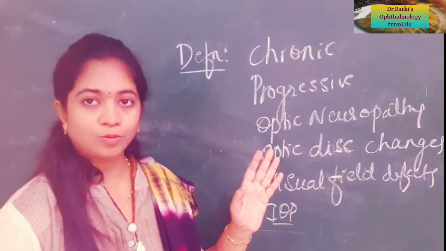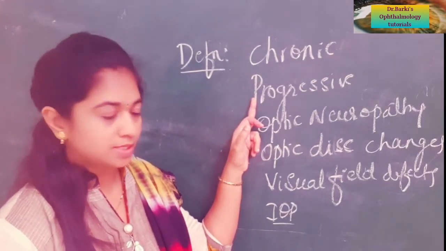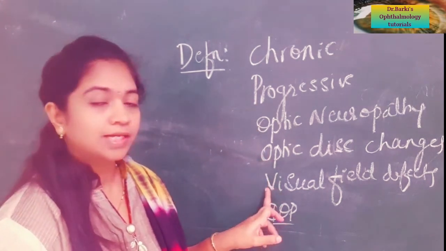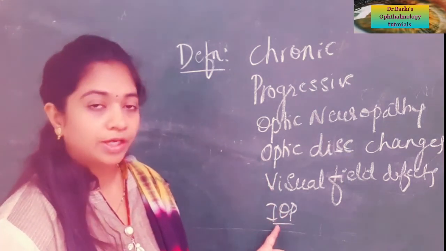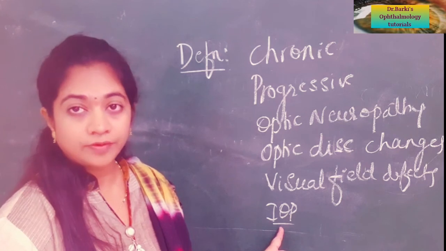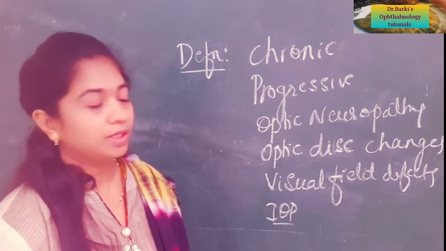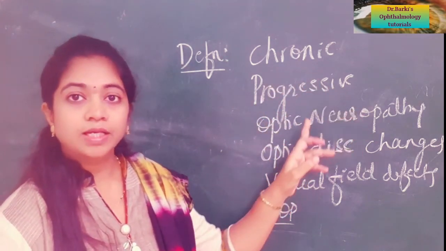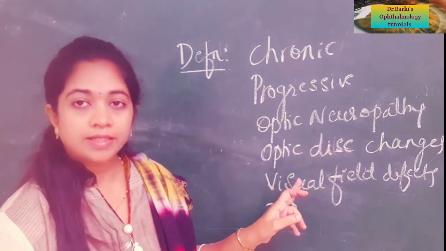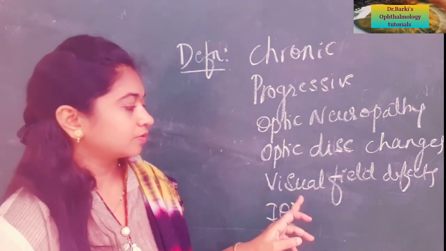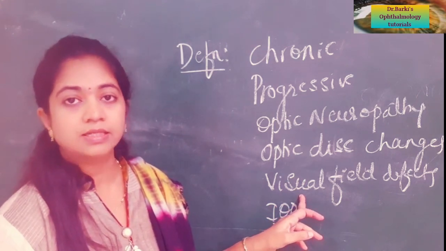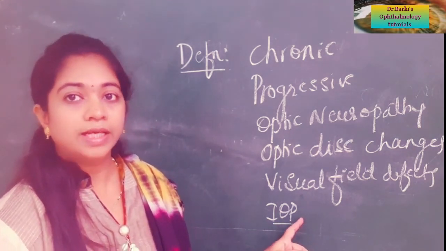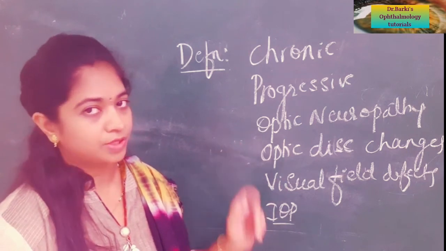The definition of glaucoma is, it is a chronic progressive optic neuropathy with characteristic optic disc changes with the corresponding visual field defects, for which the IOP is the most important but not invariably the cause of glaucoma. So this is the definition of glaucoma. So let me repeat, it is a chronic disease and it is progressing involving the optic nerve. So optic neuropathy, it has the characteristic optic disc changes which I explained with corresponding visual field defects. The optic disc changes and the visual field defects should correlate, and for which the IOP is most common cause but not invariable cause of the disease. So this is the definition of glaucoma.